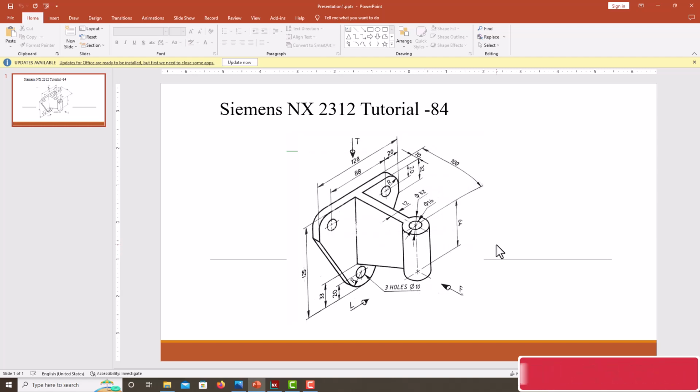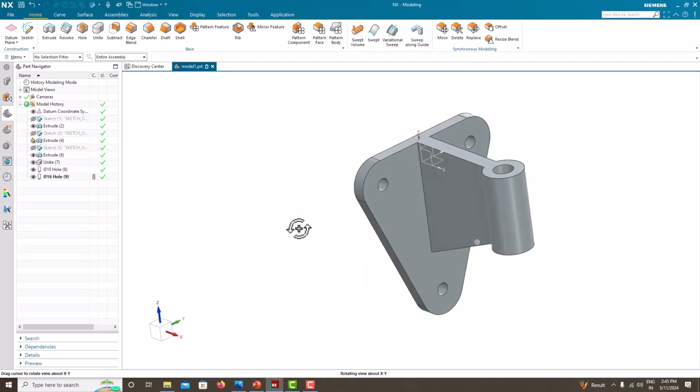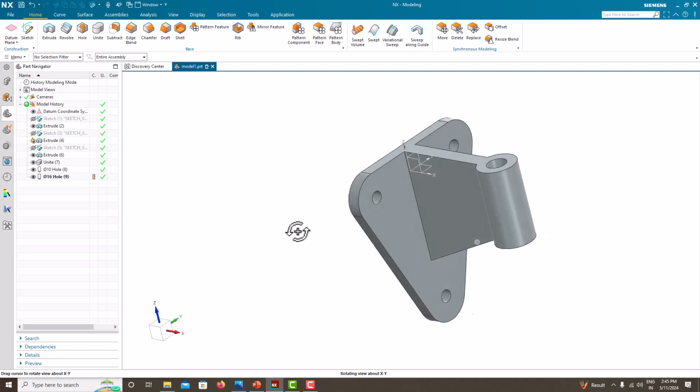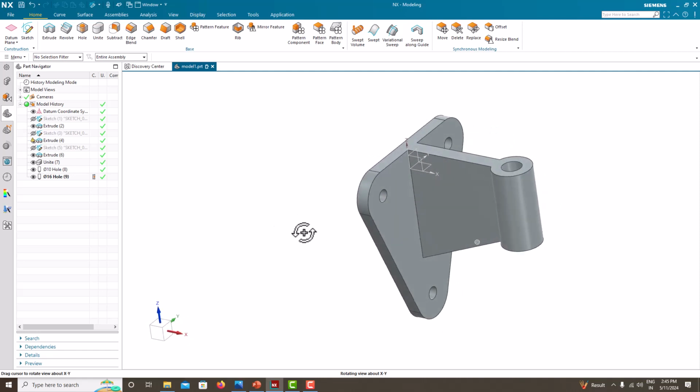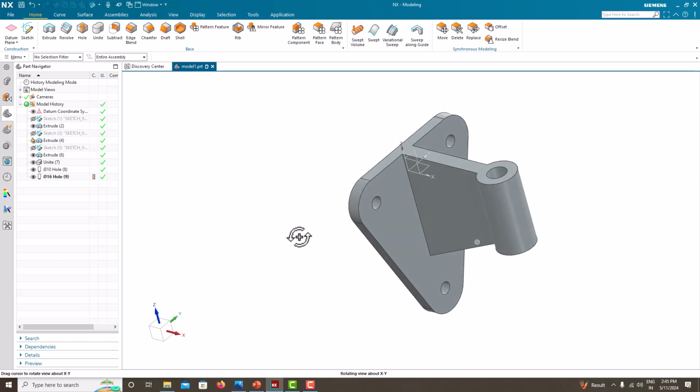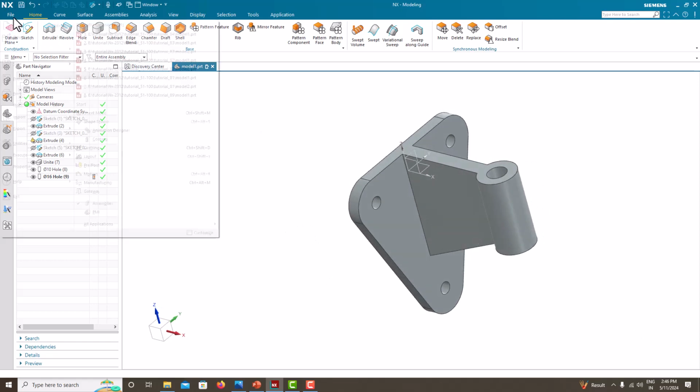While modeling any component in NX, first do the add material feature, then go for the remove material features. The same component I have created in NX, we are going to recreate it in this tutorial. For that, first go to File, New,